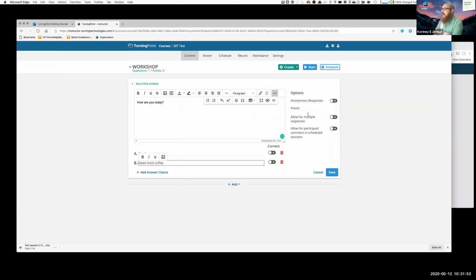Over on the side, you've got your standard options. This is where you could tab for anonymous responses. Now, when you do that, it takes your points away. So if you want to apply points, you can't have anonymous responses, but you can do that. You also have the option, like the desktop app, to allow multiple responses. So if this is a multiple choice question where more than one answer is correct, say pick all that apply,